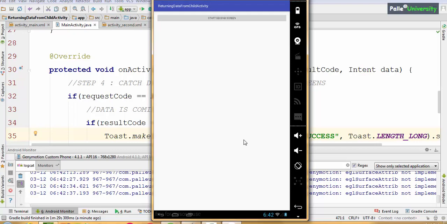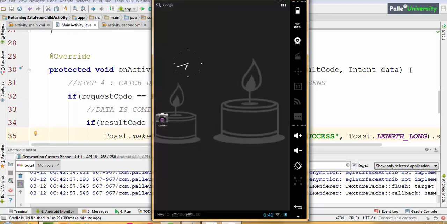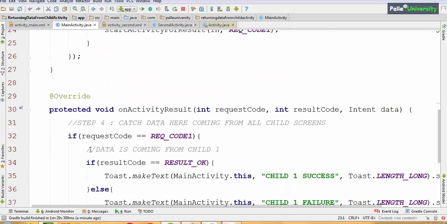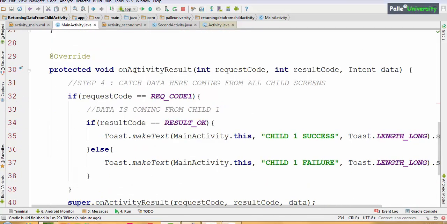Now the same thing I will show with the breakpoint technique. If you understand this concept, you can go ahead with the next session. Otherwise, you can see the clear flow by using the breakpoint technique. First, I will close the application. Now, I will put one breakpoint in the first screen button click listener, that is here, by clicking here. Then I will put one breakpoint in the onActivityResult method at line number 32 to check if the data is really coming from the child screen.